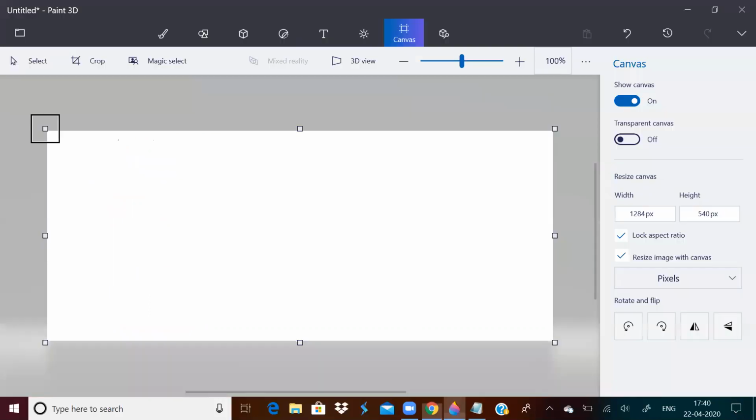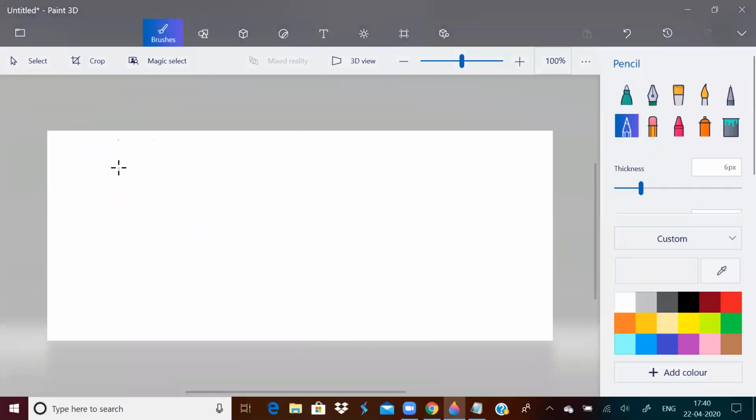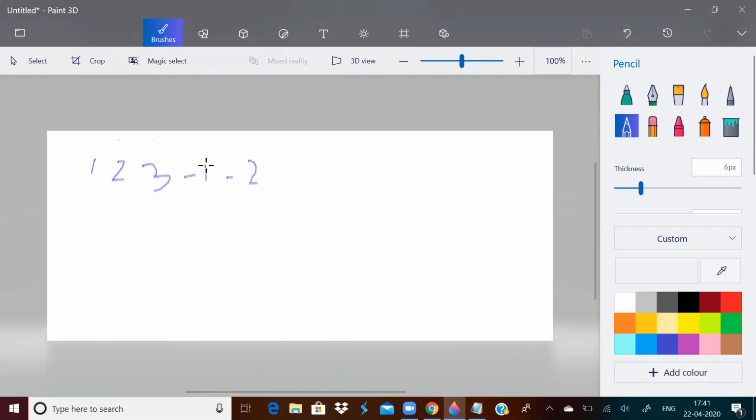is, for example, let us consider this sequence itself. 1, 2, 3, -1, -2. Now, until I find a negative element, I will keep incrementing max.